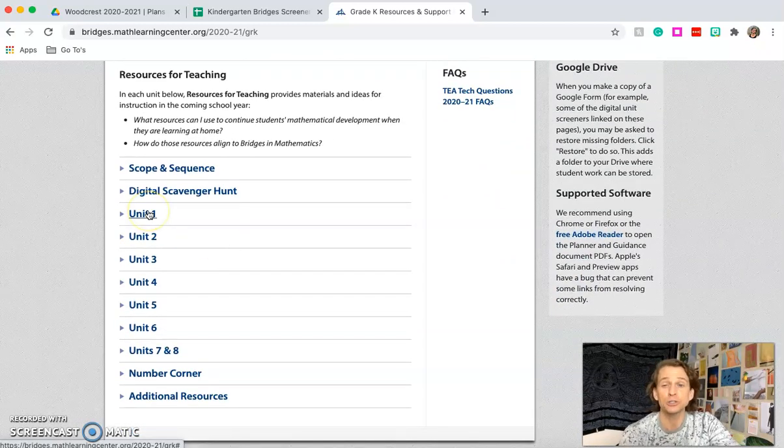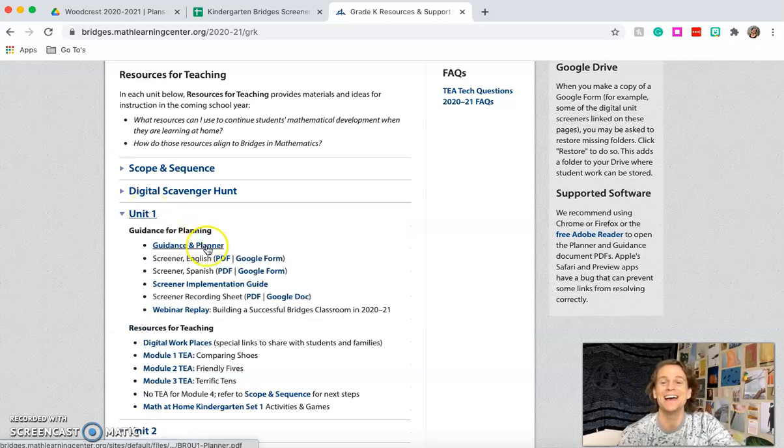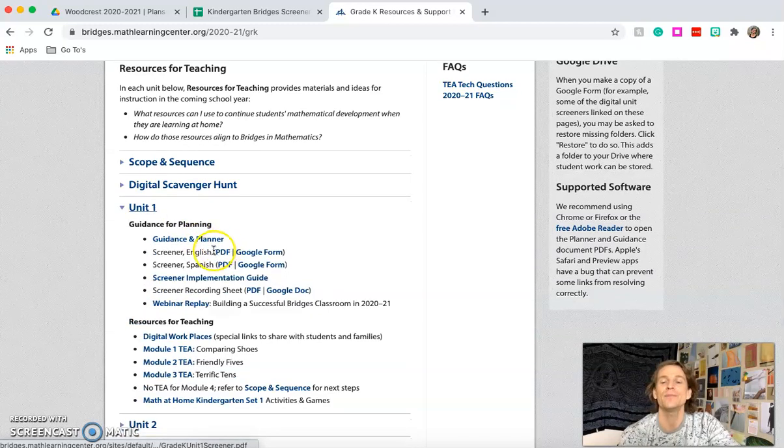So when I'm talking about screeners, now that it's different than phonics screeners. The screeners, as you're aware of, are right here, and it's a simplified version of those checkpoints that you used to do in kindergarten and those post assessments. So there's the implementation guide and the screener itself, and then the recording sheet. So we organized all of this for you all and simplified it,